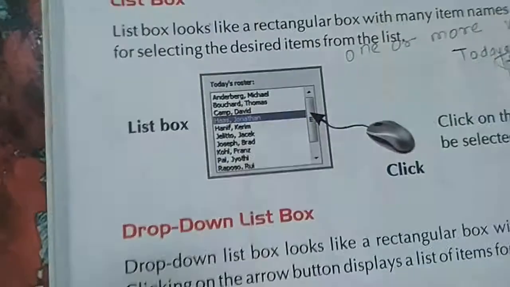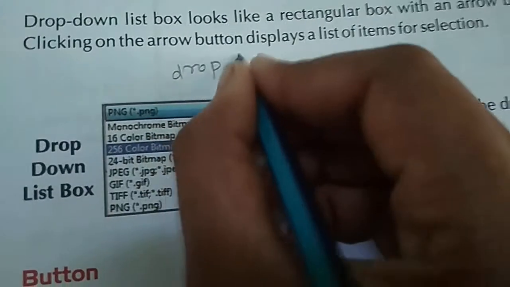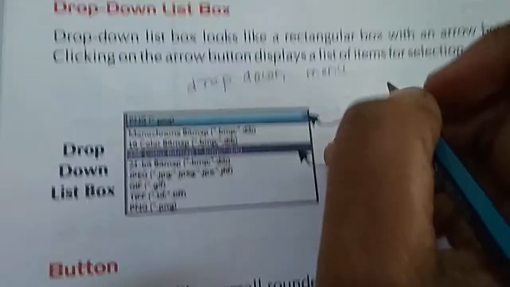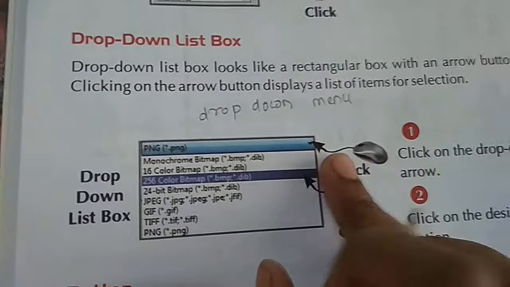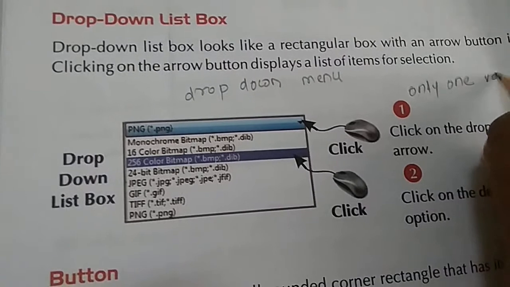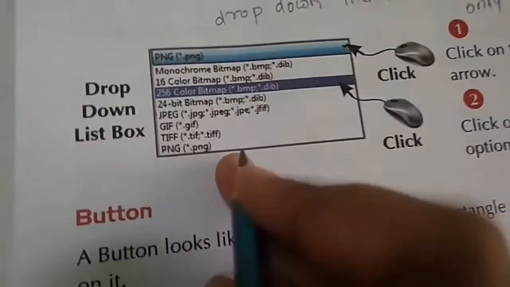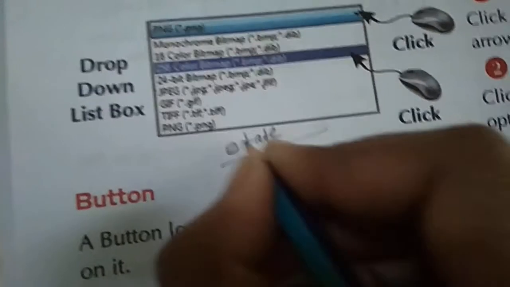Next is a drop down list box. It is also known as a drop down menu. It is a control element and it allows the user to choose only one value from a list. For example, here see state.